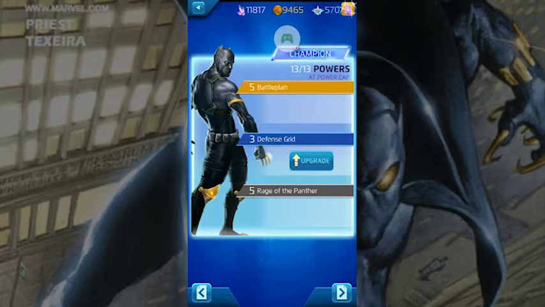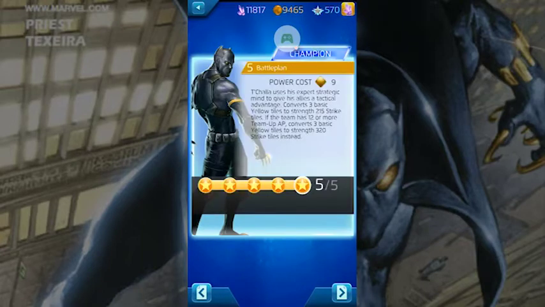He has 3. First one is Battle Plan. It's 9 and it's a yellow. T'Challa uses his expert strategic mind to give his allies a tactical advantage. At 3 covers, it converts 3 basic yellow tiles to strength 118 strike tiles. If your team has 12 or more team up AP, it converts 3 yellow tiles to strength 171